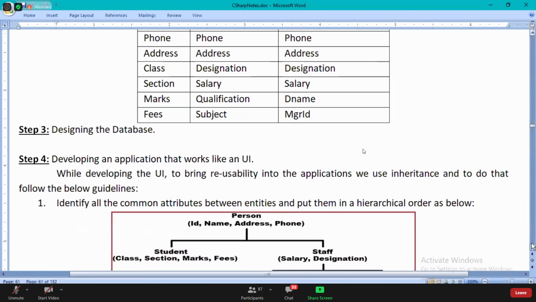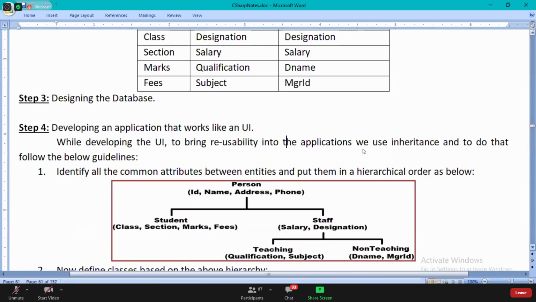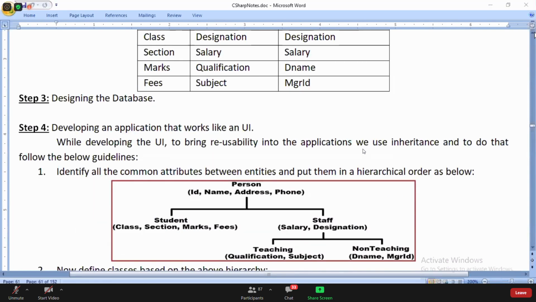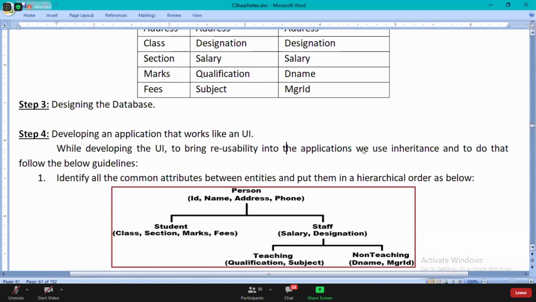All of you carefully observe, guys. What did I do first? Identify all the common attributes between entities and put them in a hierarchical order. First, I have the 4 common attributes defined in the class called person. And under that, I have a class called student with all the attributes associated: class, section, marks, and fees.